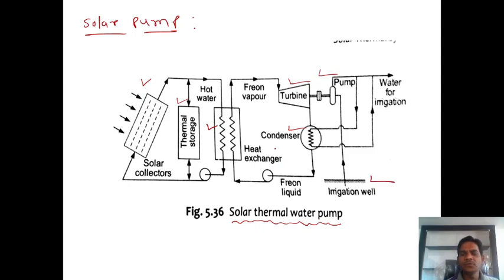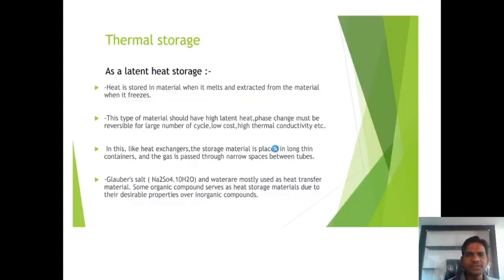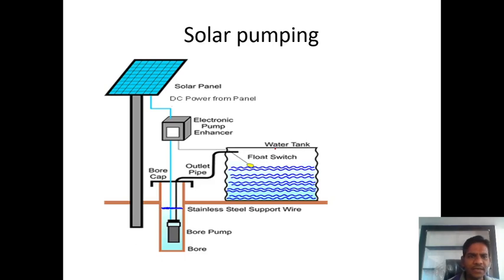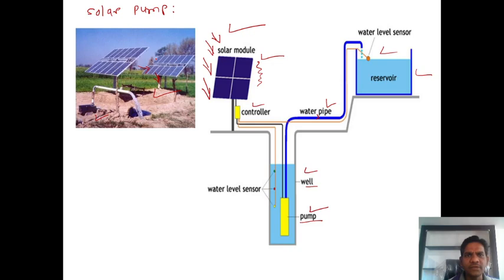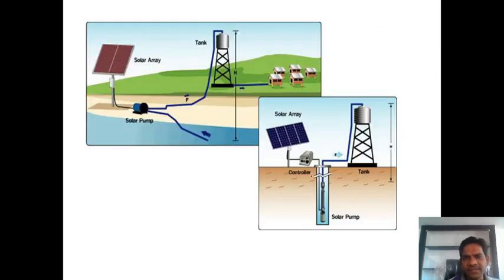Okay. So what is the difference here? If you consider this diagram, what is there? There is this solar pump, meaning there are solar modules or photovoltaic cells used here. This photovoltaic cell directly generates the current. The pump is operated and lifts the water. These are the various diagrams if you observe from the solar pump point of view. Solar array, solar pump. This is the river. From the river the water is lifted into the tank, and from this tank it is supplied to the various places. This is also a diagram, guys.